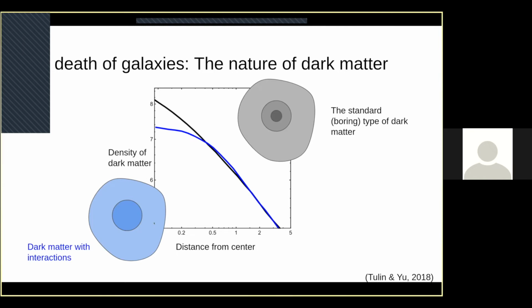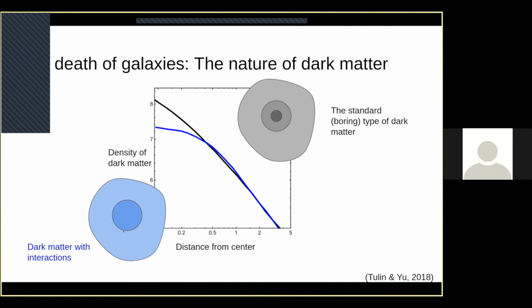So what this plot is showing is the density of a dark matter halo relative to the distance from its center. So this black line is showing the standard view that people have of what these things look like. And what happens is as you get closer to the center, the density just goes up and up and up, and you kind of look like this. So you have a less dense exterior, then you get more dense here, and then you get more dense in here. But if you change the way that dark matter interacts, if you say, well, actually, let's hypothesize that I do know some of the physics here, you can reduce the density in the center. So instead of having this really dense core, it's much less dense in here.